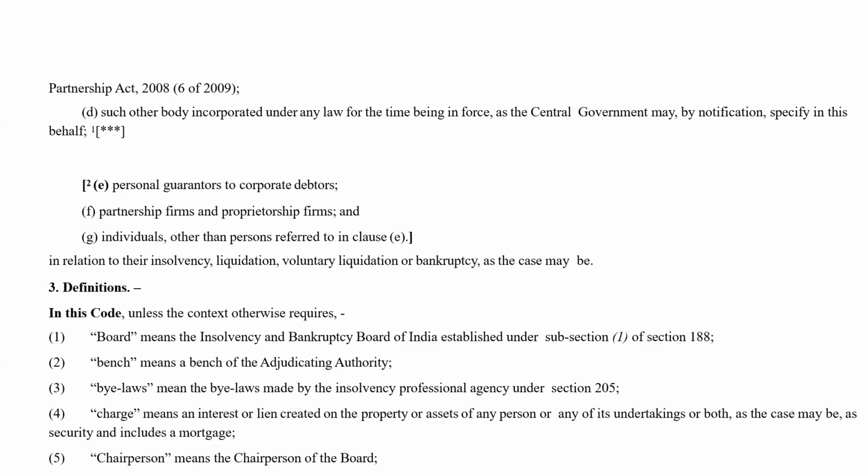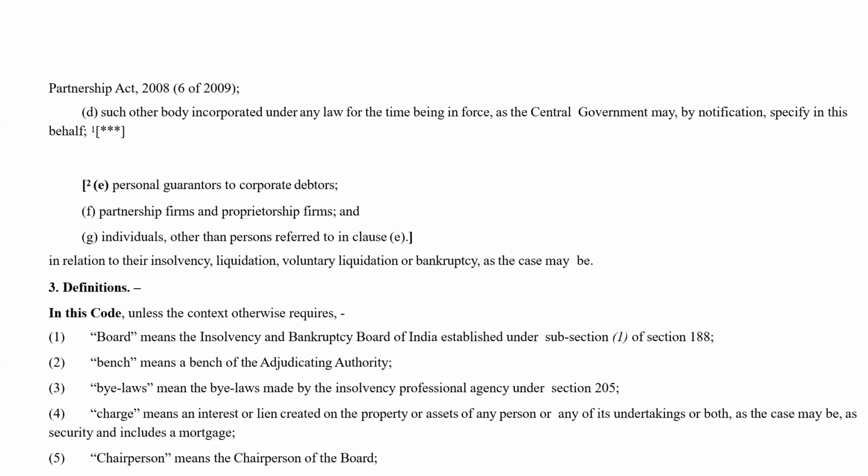As the central government may by notification specify in this behalf. It says such other body incorporated under any law for the time being in force. It could be under Indian law, it could be under foreign law also. But for this, a notification has to be issued by the central government. Then personal guarantors to corporate debtors, partnership firms and proprietorship firms, and individuals other than persons referred to in clause